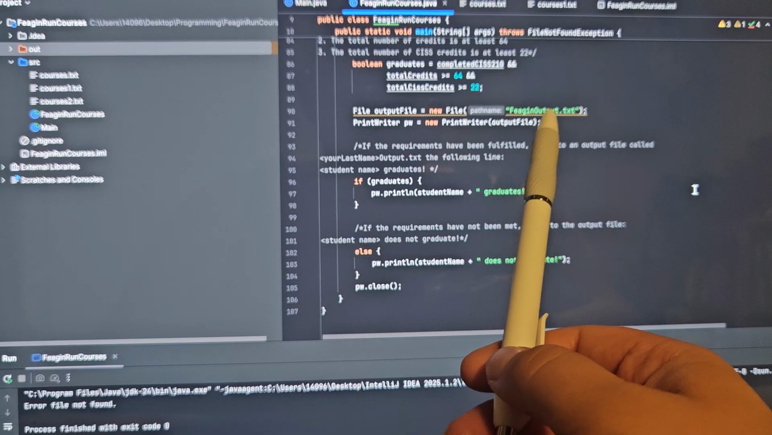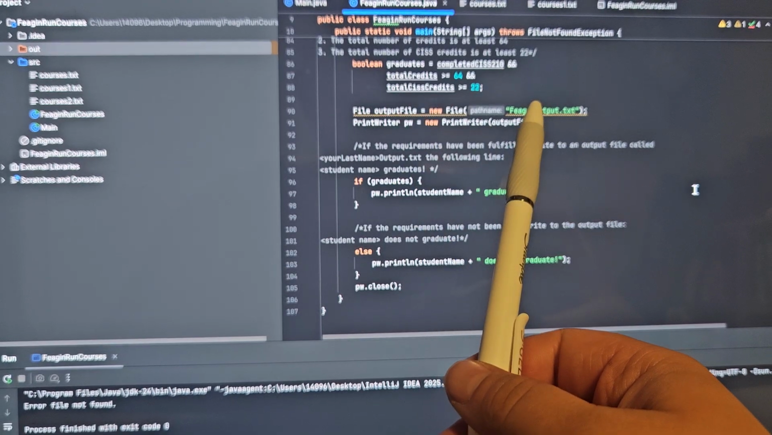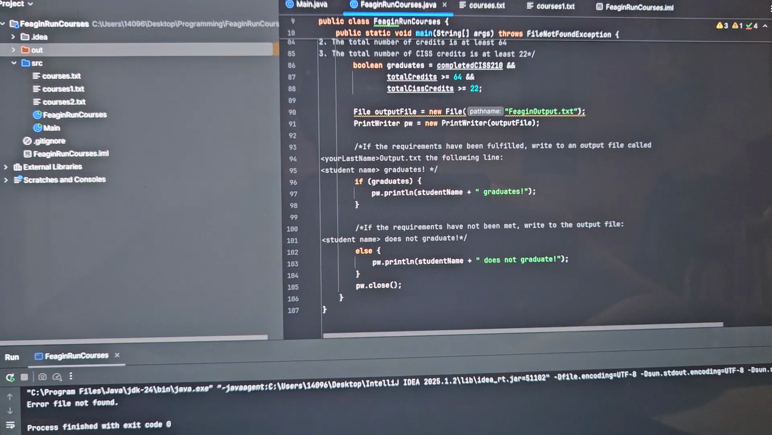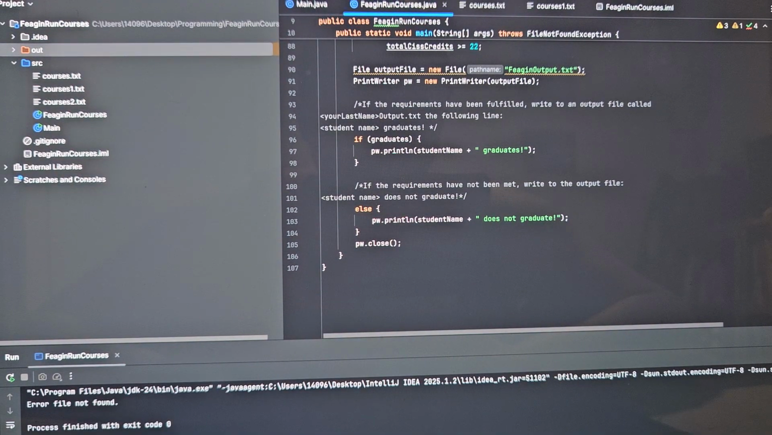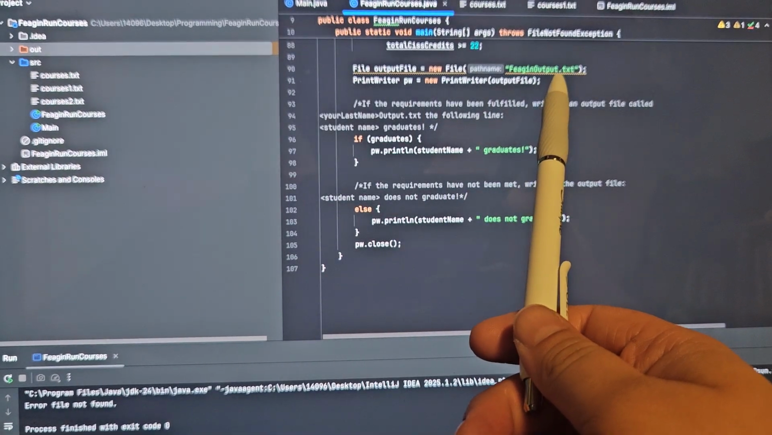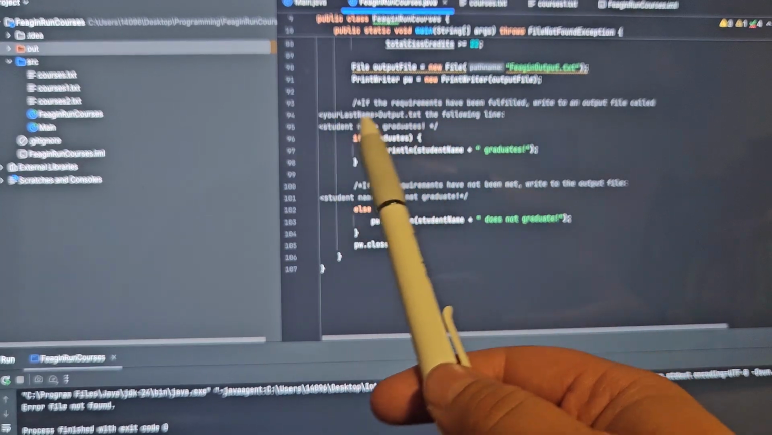I'm gonna be honest, I kinda like System.out.print better. It's kinda easier to understand, but I get the point of this. This is probably more useful. But anyway,